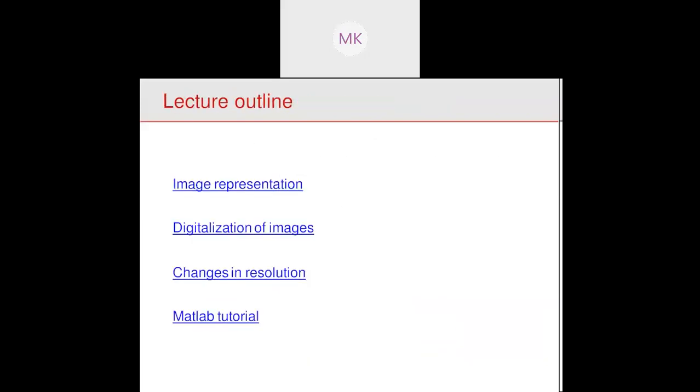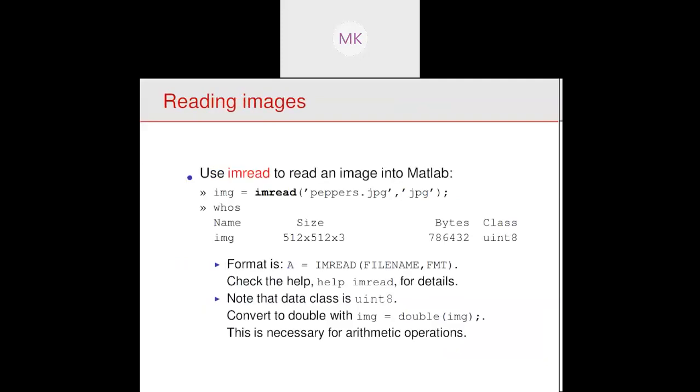So all these are about the sampling and quantization, and how to represent the resolution in the form of spatial resolution, temporal resolution, color resolution, and quantization. And next is reading images: how we are going to represent the image in the case of MATLAB. We consider the MATLAB code. The image is read by using the imread function, with the name of the image, which is assigned to be the JPG.